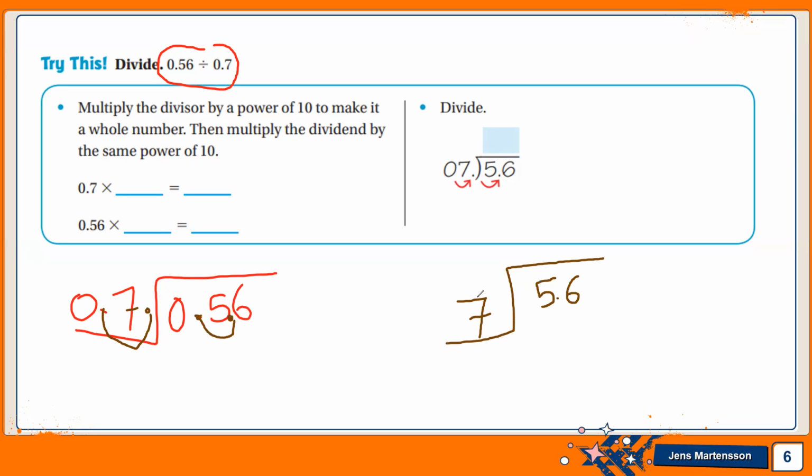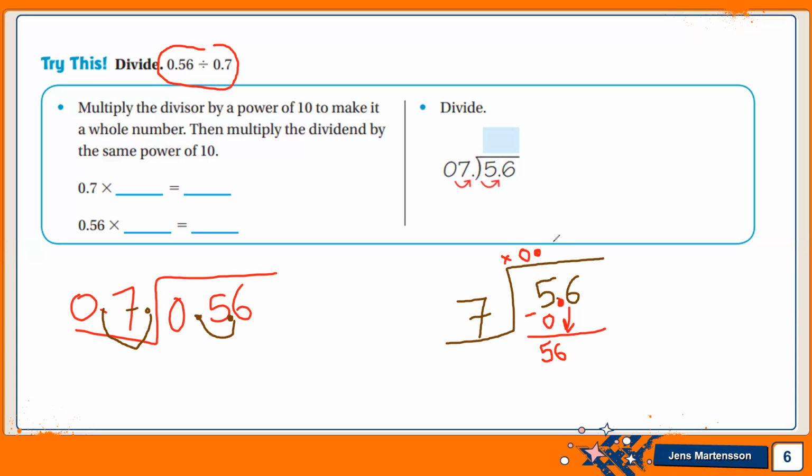5 divided by 7. Can I? No. So I will put 0. Then 0 times 7 is 0. Then subtract. 5 minus 0 is 5. Then what do we have here? This decimal point. Put it up. Then put the 6 down. Then 56 divided by 7 is